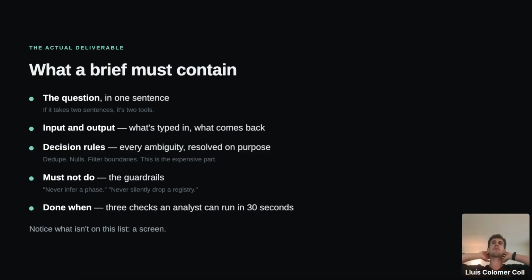And then when I think about the brief, and that's why I think it's sometimes important to spend some time, is what question does it take to start? Let's start simple, because then you can extend it. Which input and which output? Which decisions have we made? And here is where we bring our area of expertise, because we know the domain, we know the area, and we know what needs to be that specific way. Also, I think it's quite important to define what the app must not do. I think it helps a lot, so we don't get drifted along the way. And then also define how we say that it's done.